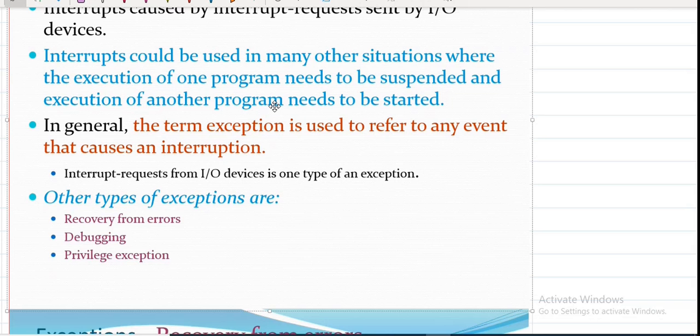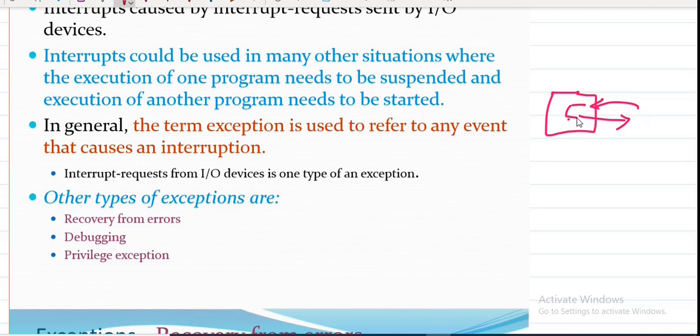Consider the processor has started executing one particular program. In between, due to some urgent work or urgent task to be executed by the processor, immediately it will stop the execution of the current program. Whatever program the processor was executing will be stopped, and whatever new task comes, it is going to start executing that new task. So in between it has to perform some particular operation. What is that? Before switching to the interrupt request, yes, save the address, because it has to return back to the same location and continue.